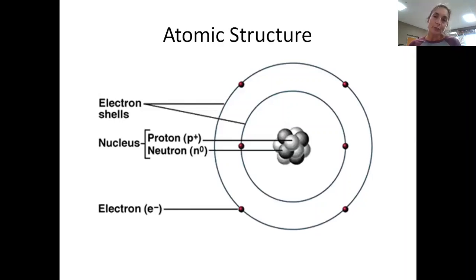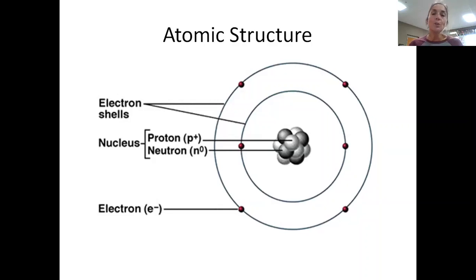I know that you learned this in elementary school, but an atom is made up of a nucleus and electrons that orbit around the nucleus. And I have a picture there for you in your notes of a carbon atom. You see in the carbon atom the nucleus, which has 6 protons and 6 neutrons, because that's what the nucleus has, are protons and neutrons. And then you see 6 electrons orbiting around the nucleus.